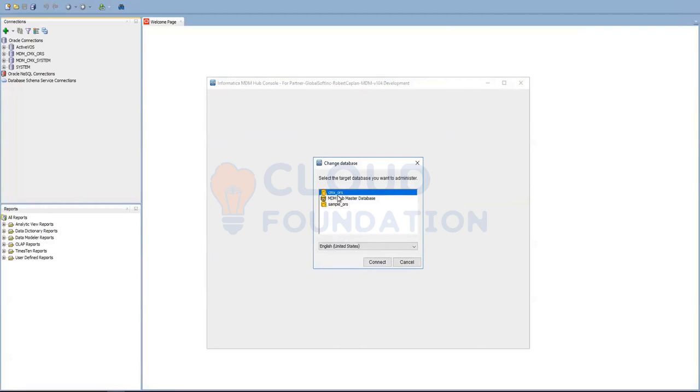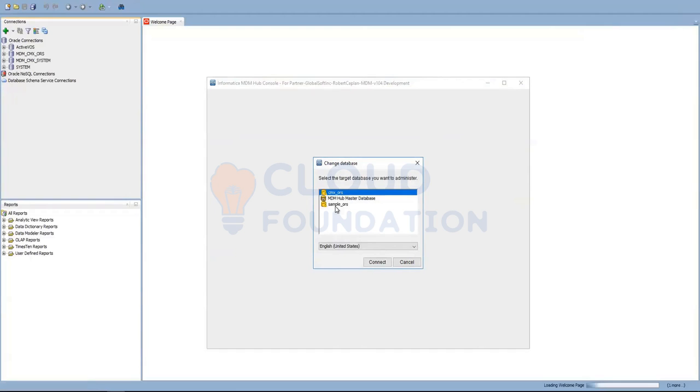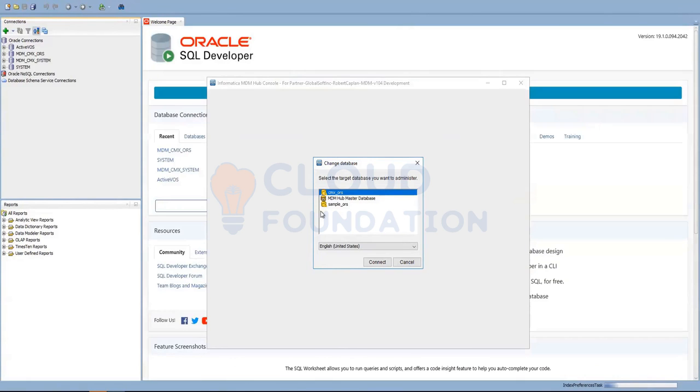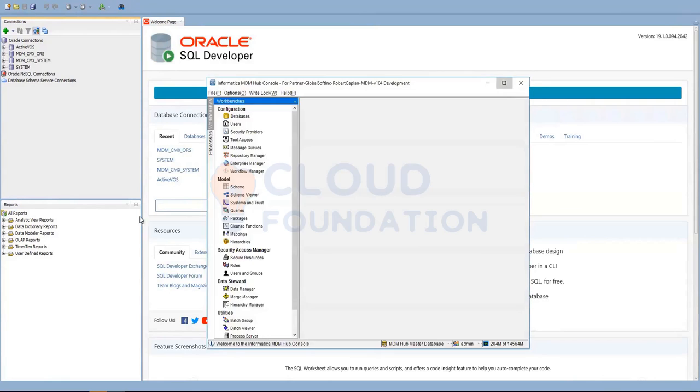You can see there are three types of database. The master database, you can see it is written as CMX over here itself. As I stated, we'll just go ahead and click on master database.